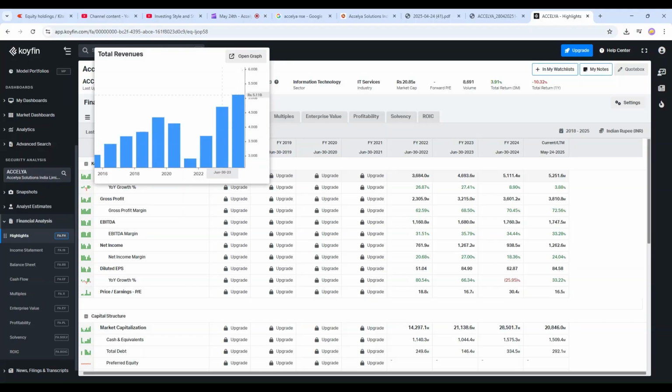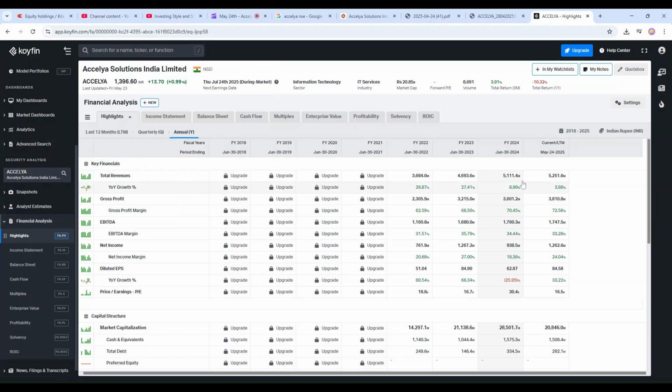I don't think it will grow very fast for the next few years. If it doubles in 10 years, yeah, the growth would be in the range of 4 to 5%, which is not very high. Because it has a very specific set of customers, it's very difficult to grow without acquiring new customers.